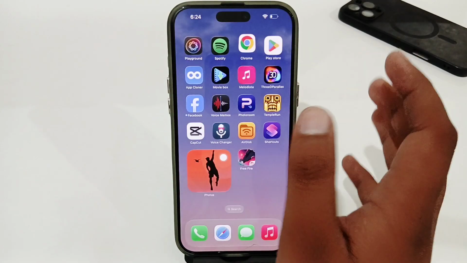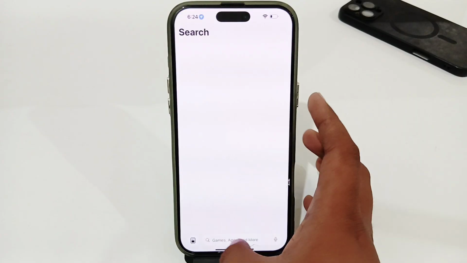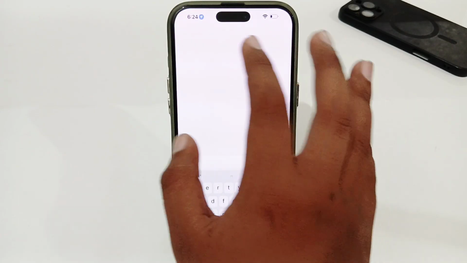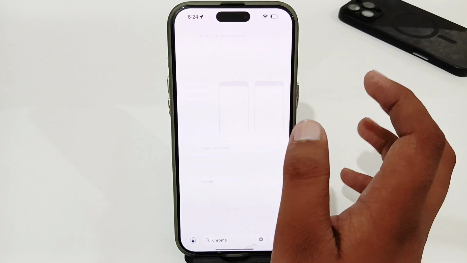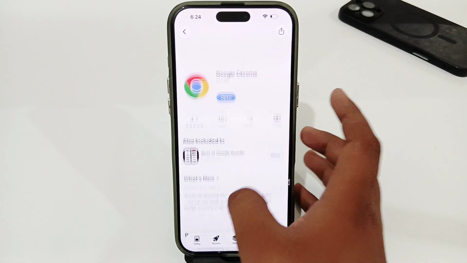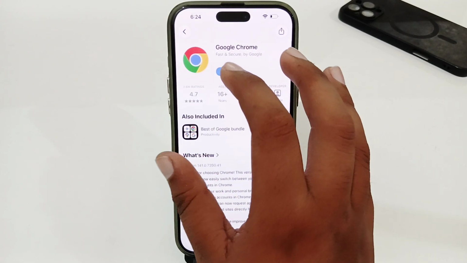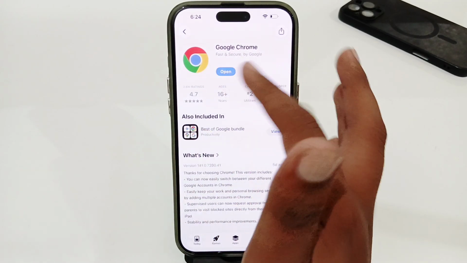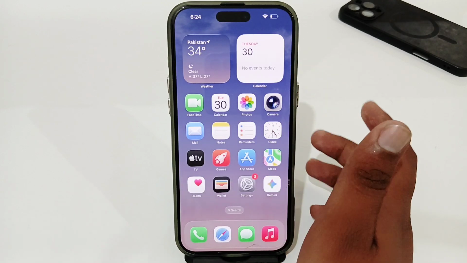But if you're still having the same issue, you have to try to update your Chrome app. So open up your App Store, go to search, and simply search for Chrome. Open Google Chrome, and make sure that you don't have any update available in your Google Chrome section. If you have any update here, try to update your app. Once you update it, your problem might be fixed, or if it doesn't, you have to try to